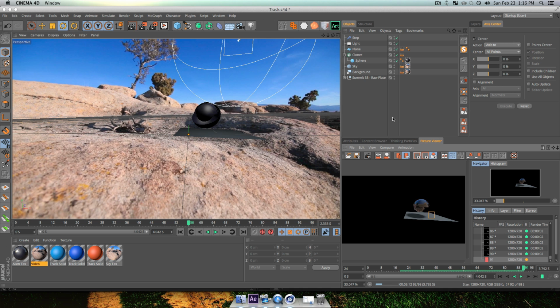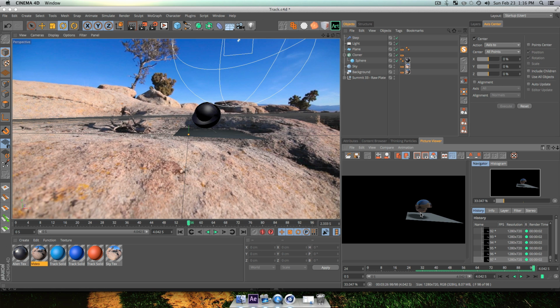Yeah. So this is basically how they did the Transformers movie. Now, normally I would use an application called PF Track for my tracking, but since a lot of people don't have that, and I'm trying to do these videos for you guys, I thought I'd use the 3D Tracker in After Effects for this effect.